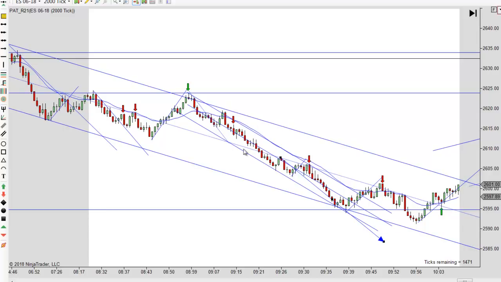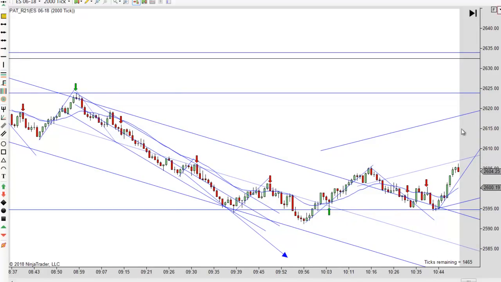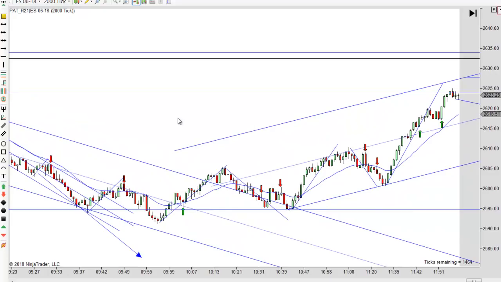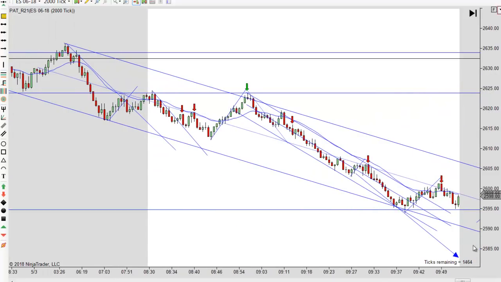When you don't get that measured move, that's telling you something. So when you don't quite make it by 5 points or so, and you start reversing the other way, that means you're probably going to have a pretty good move the other direction. And we tried to come down once again once we had a break of this, and we just couldn't get below that support right there. We got below it for just a few minutes, and we never could breach that anymore this morning. And that quickly reversed things and sent it up. So, but you had to be patient early on.